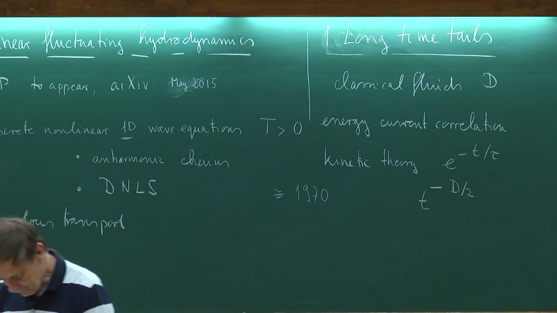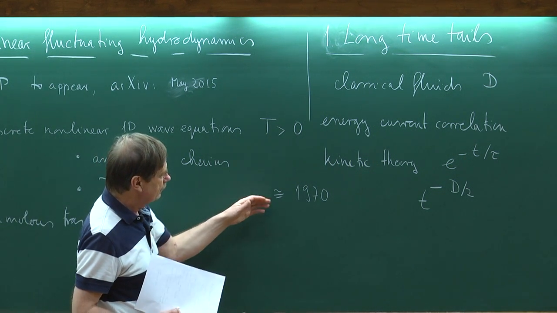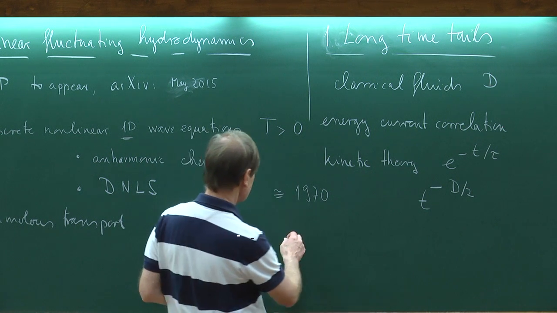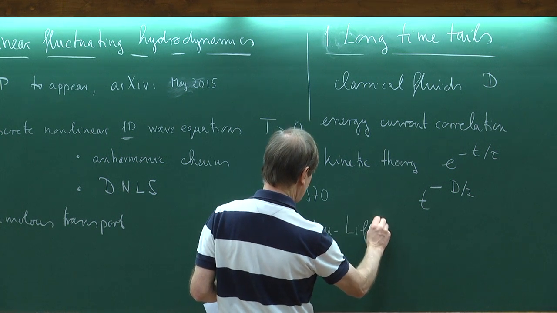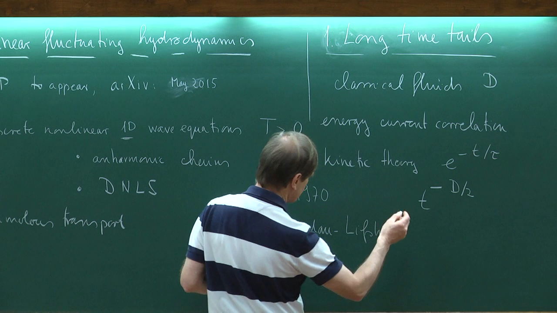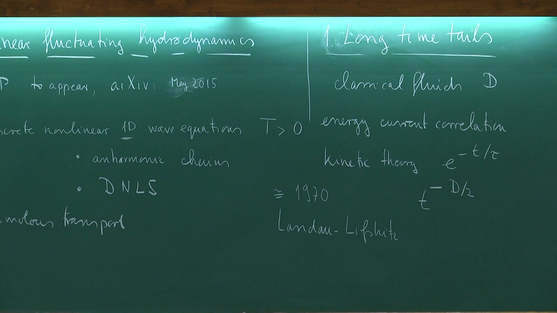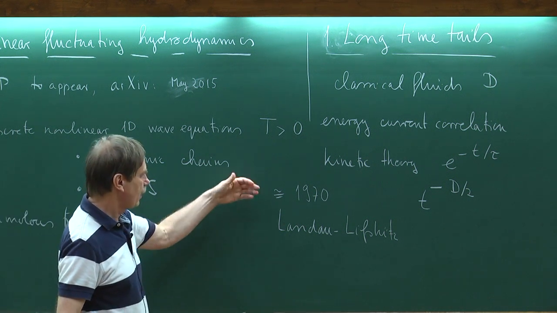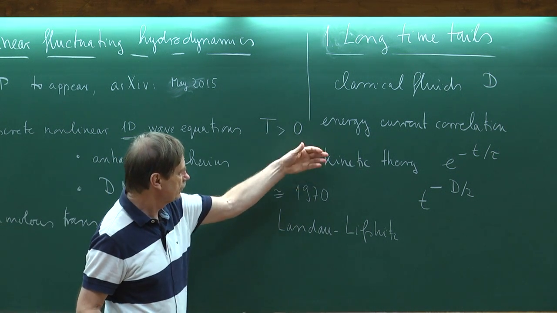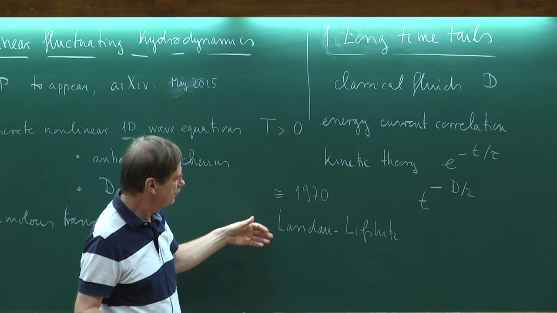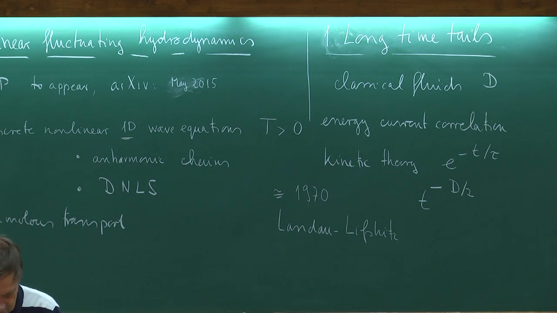Okay. Now, there's one shortcut. This is why it's connected to this thing. You can try to understand this with something which you can find in the Landau-Lifshitz book, which is usually called fluctuating hydrodynamics, but one should remember that it's linear fluctuating hydrodynamics. So it's basically a standard Gaussian fluctuation theory, which is complicated only by the fact that we have several conserved quantities, and the details are a little bit messy, but the principle is extremely simple. It's just a standard Gaussian fluctuation theory.